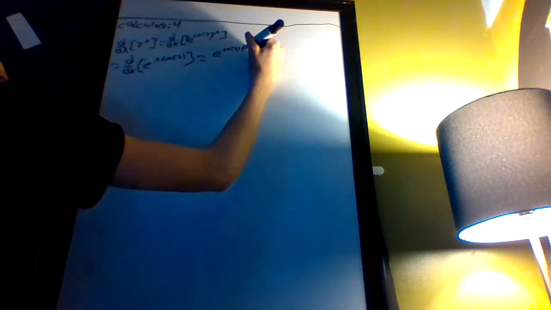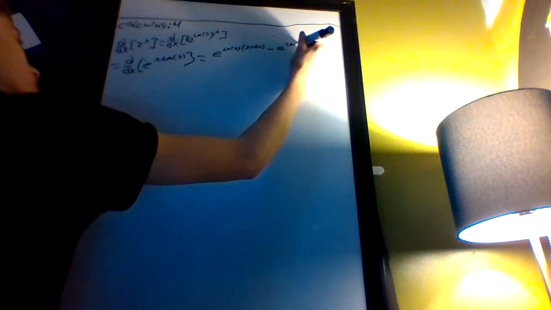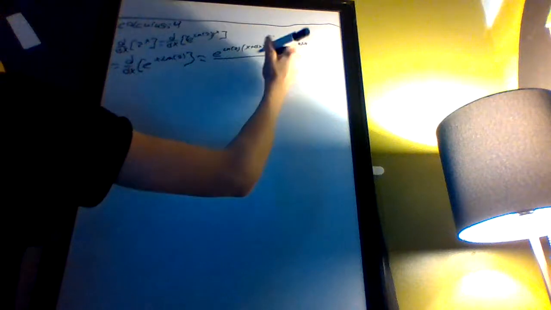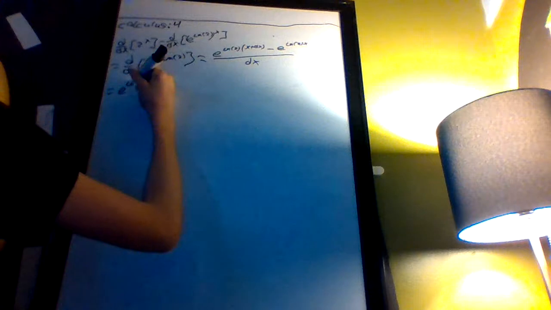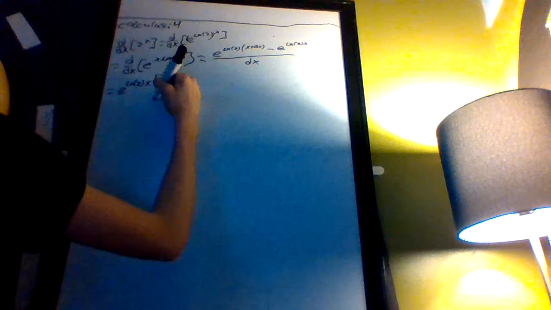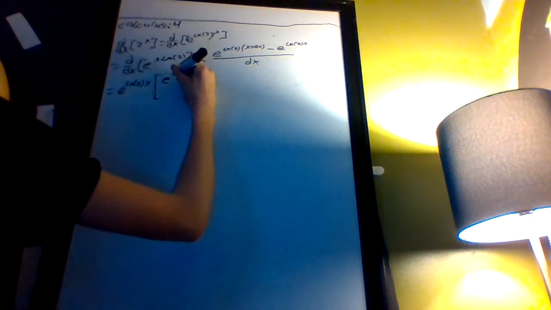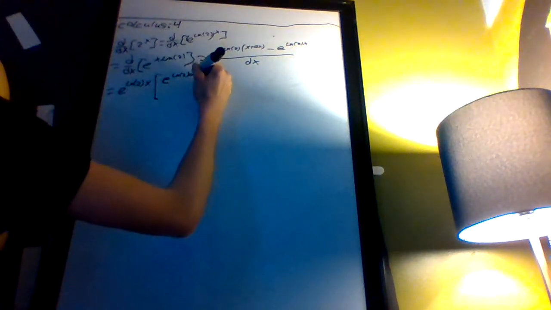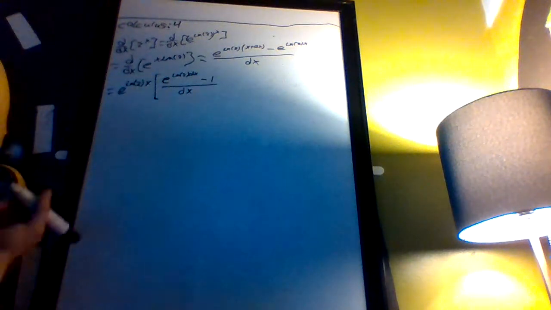Which then gives us e to the natural log of 2 times x plus dx, minus e to the natural log of 2 times x, divided by dx. This gives us, when factored, e to the natural log of 2 x times the quantity of e to the natural log of 2 dx minus 1, over dx. Now,